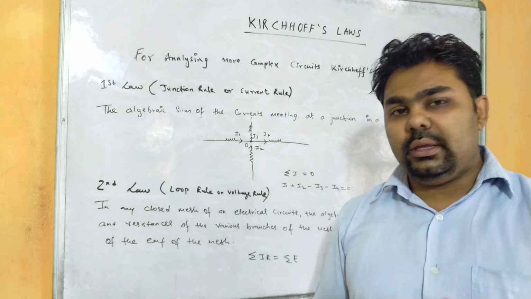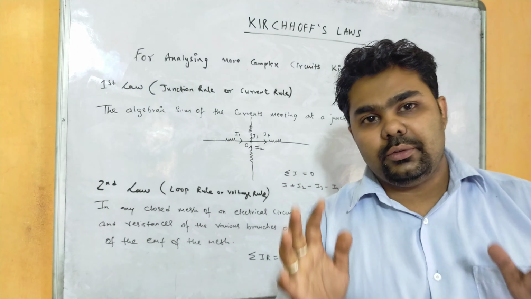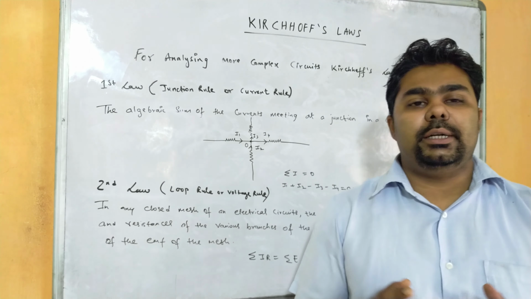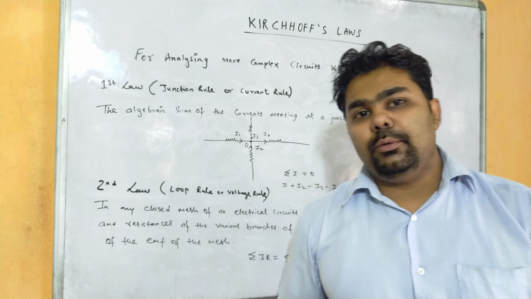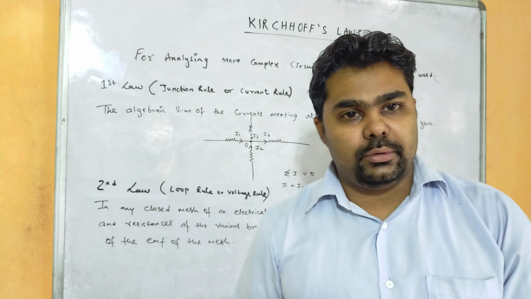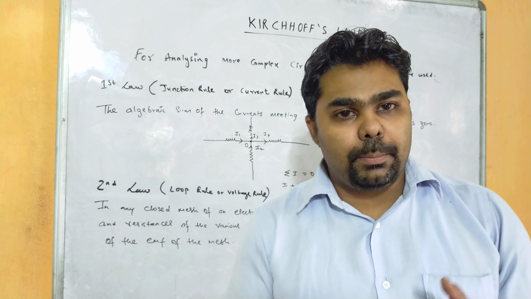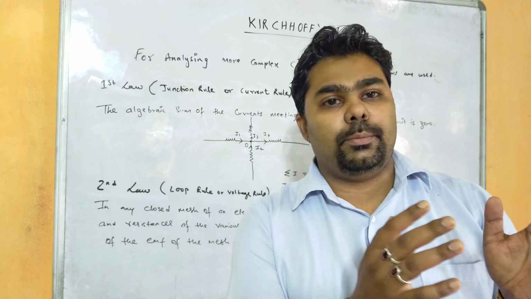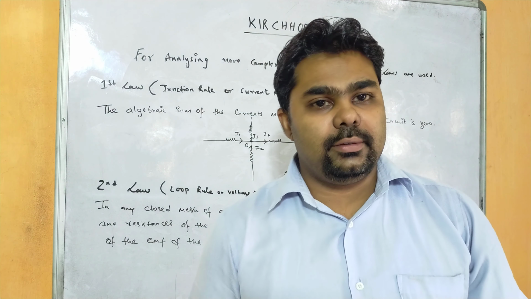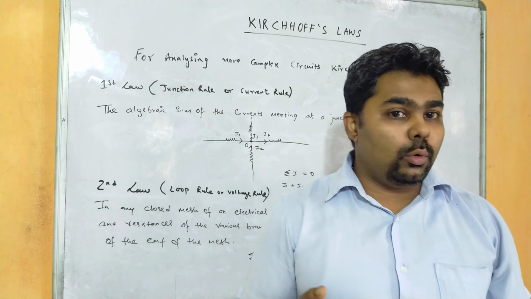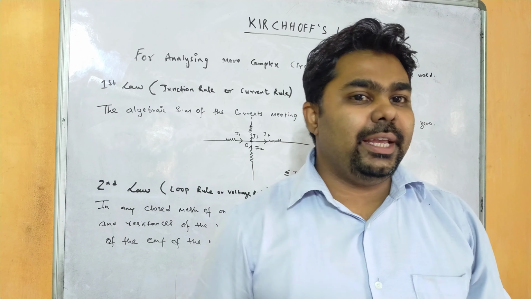The second law is called the loop law or the voltage rule. Suppose there is a circuit. In that circuit we have multiple resistors and these resistors are driven by one voltage, that is called a driving voltage. So these resistors can run properly only when their voltage is balanced with the driving voltage. If the driving voltage is less and the resistors are more, the resistors will act as passive. That means they will be inactive, right?